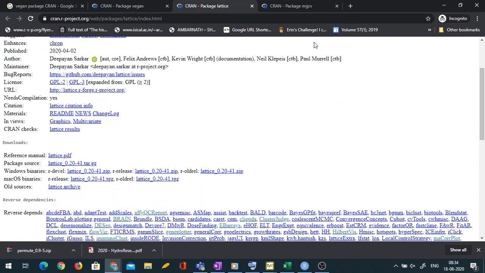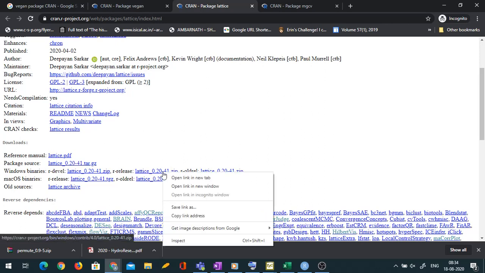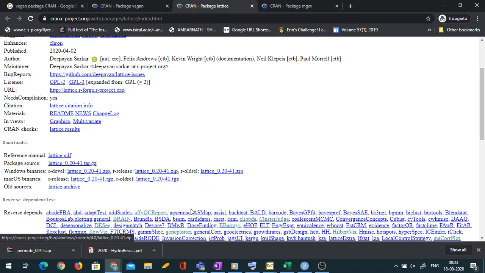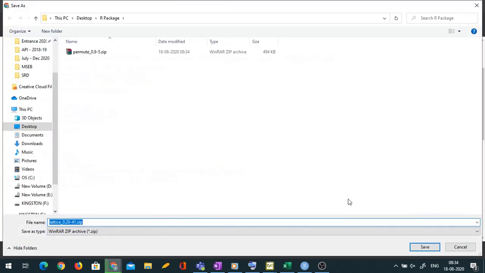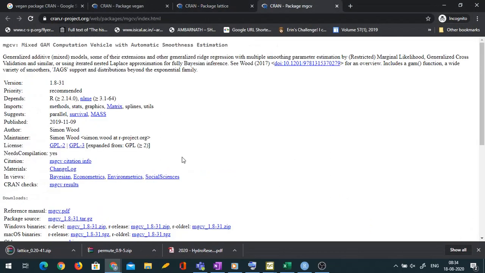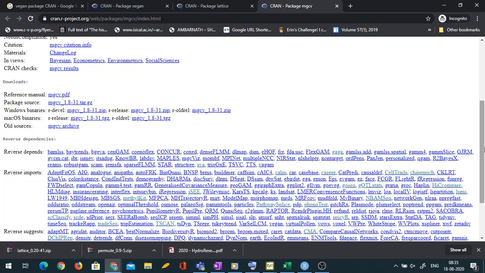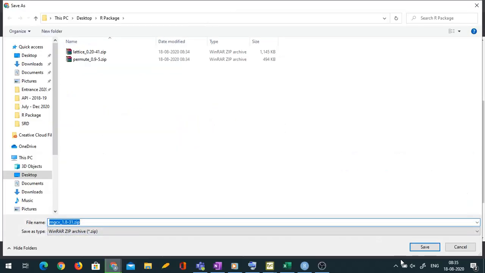Maybe you can prepare a small write-up or small audio explaining the meaning of each of these terms and share it with me. Okay, so permute, lattice, and let us say this mgcv.